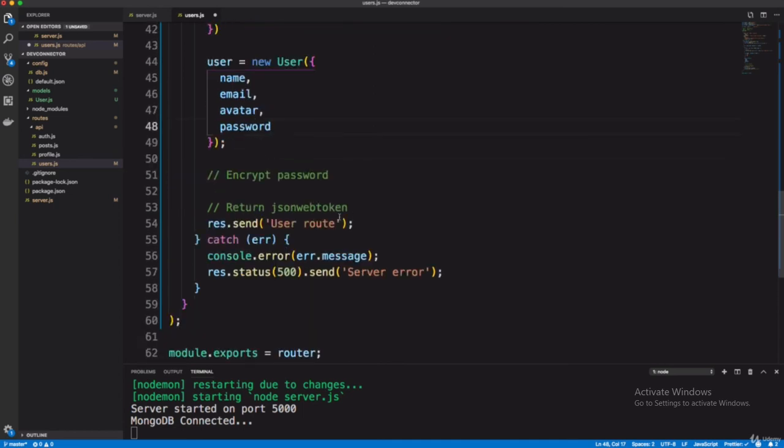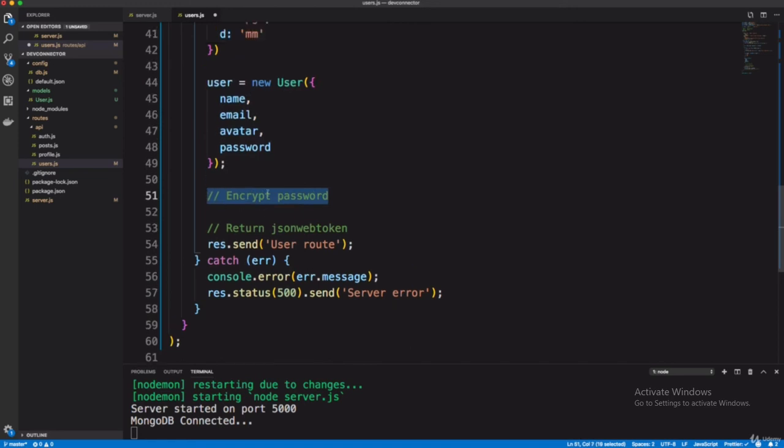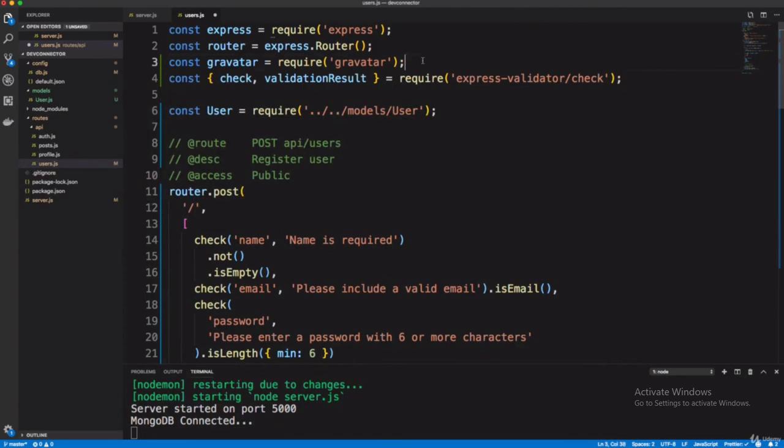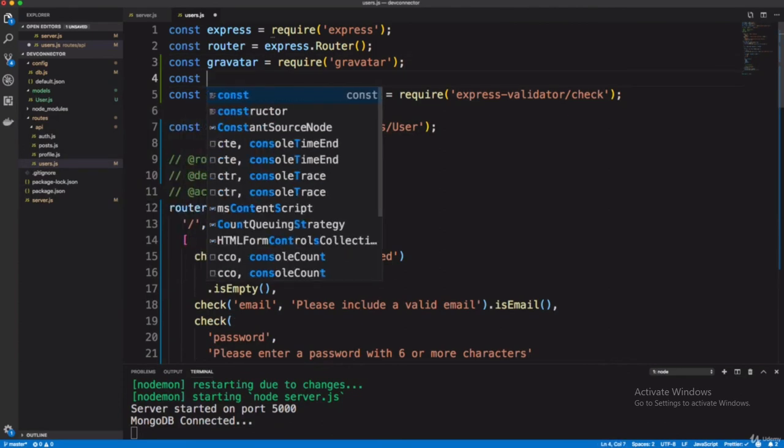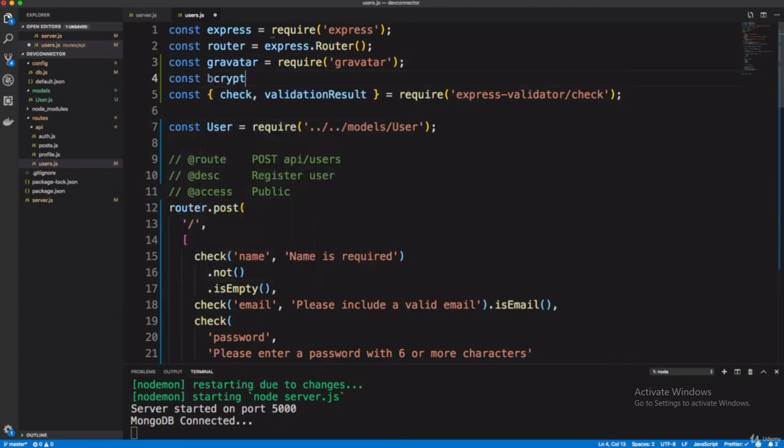Now the next thing is you can save it or you can encrypt the password. In this video it would be too long, so let's do it. Let's first require bcrypt, which is already installed in our package, and here you have to write bcryptjs.